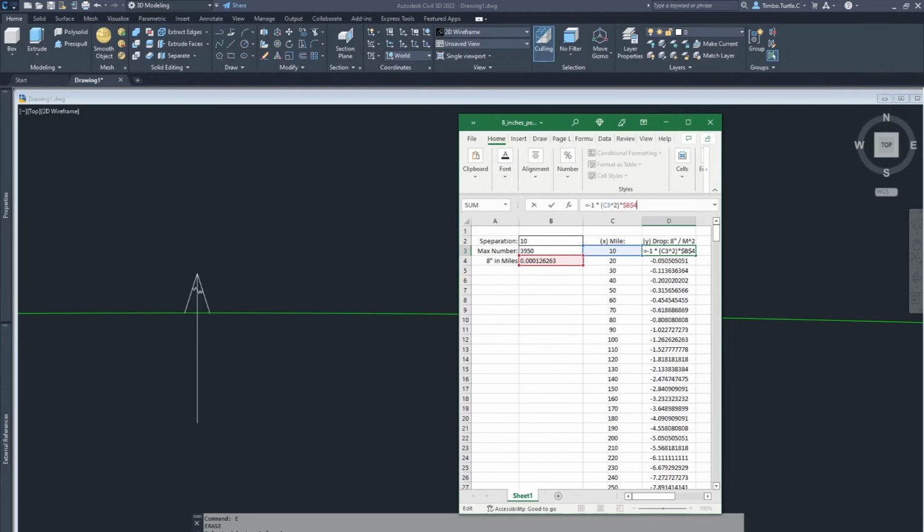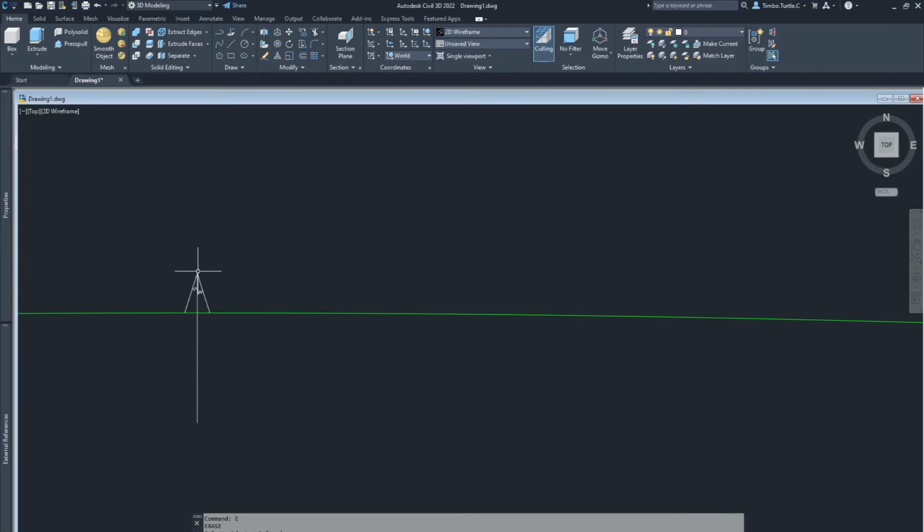Obviously we want the curve to go down because we're starting from this side. So then what I've done is drop that number down, and that gives me effectively, if I go 10 miles that's a drop, if I go 20 miles that's a drop. Now that's effectively also x and y coordinates. So if I made this 0, 0,